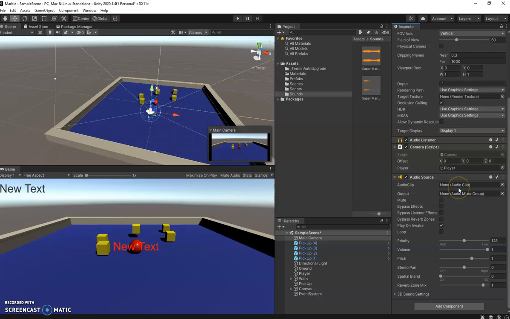For the background music, we'll drag the audio clip in there. And what we're going to do is play on awake. So as the game starts, it will start to play this. Now, depending on the length of it, it's probably safest to press the loop, okay? You could play with the volume and the pitch and so on, but probably you would just leave it as it is here. So now, when I hit play on this game,